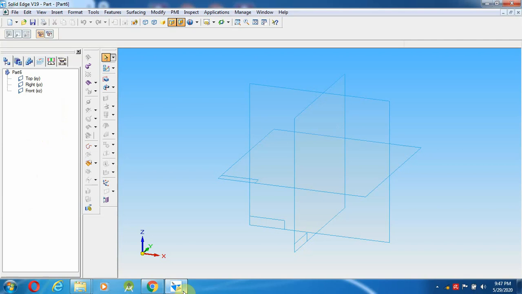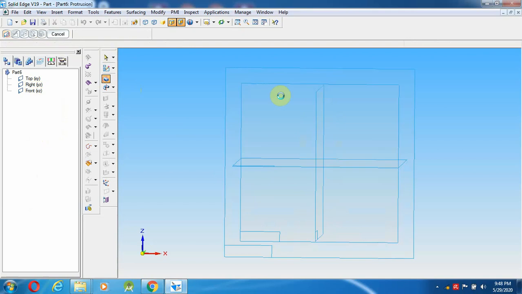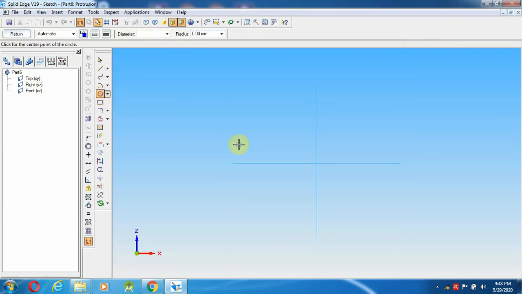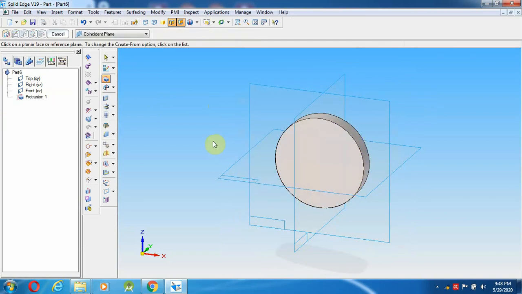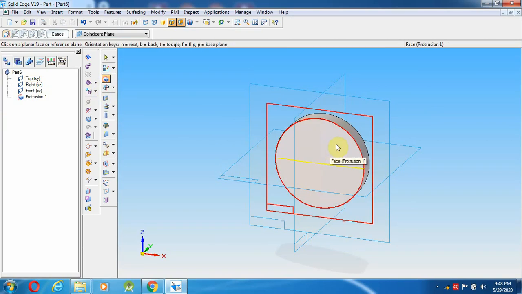For this I can go with the protrusion option, select the front view and circle, and initially I am going to create the 72 mm diameter. After creating it, I will make it up to 12 mm depth. Left and right click. Again I am going to select protrusion, either this surface or the other surface.